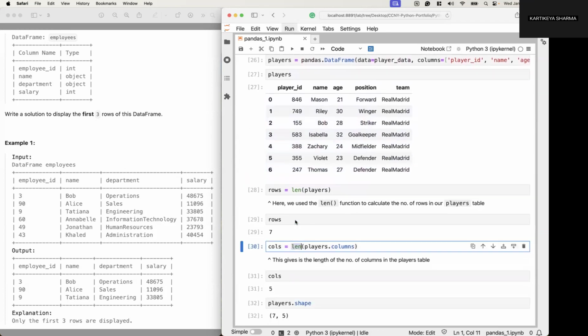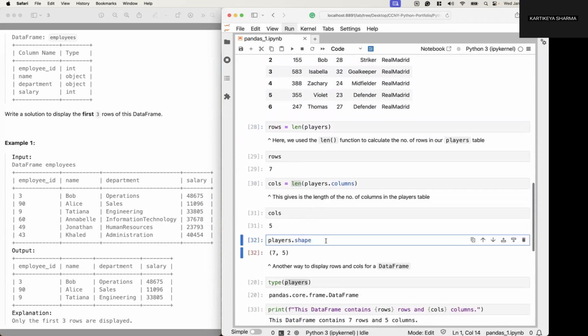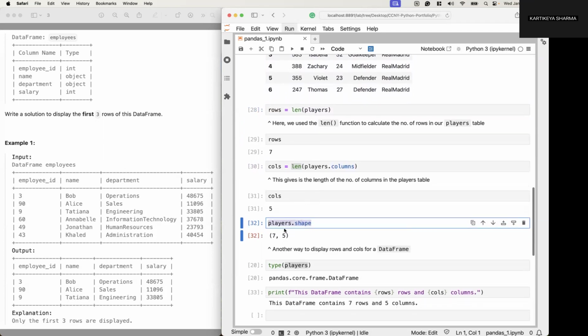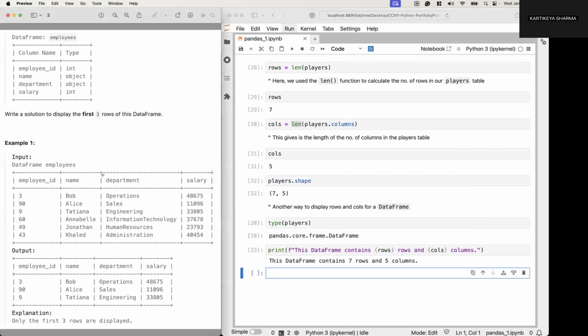We have this function called len, which stands for length, which allows us to do that. But we also have this sort of all-in-one function that tells us how many rows and columns there are for data frame variables, right? So in this next question,